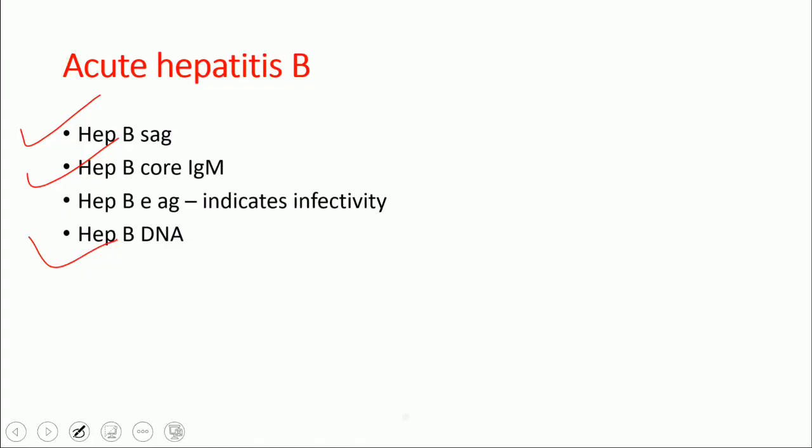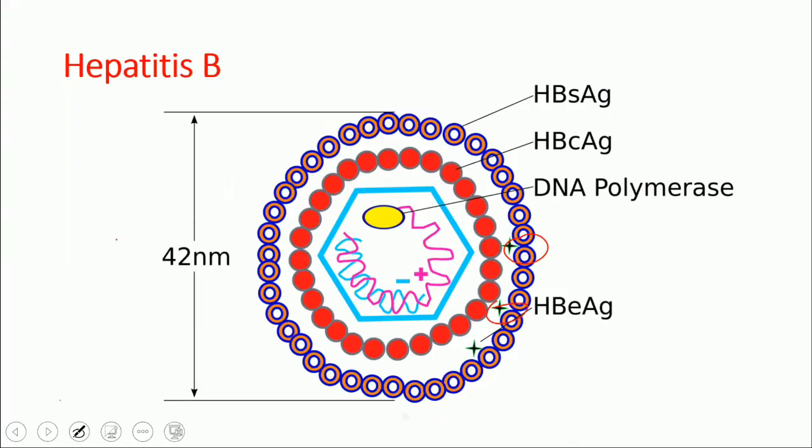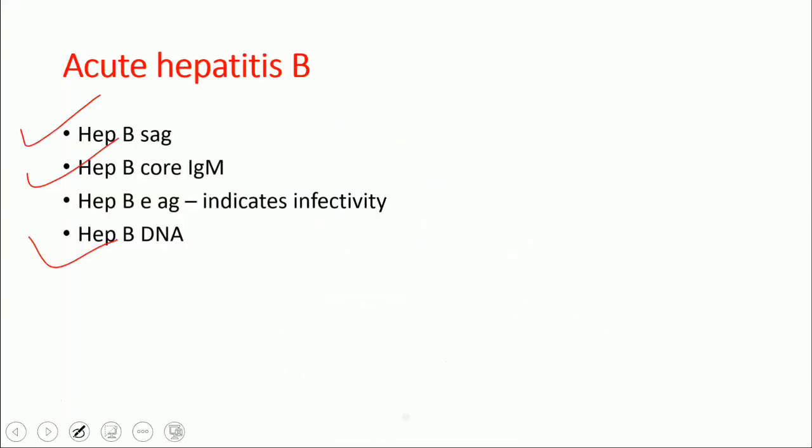Now the hepatitis E antigen, which is embedded in the surface antigen, is actually indicative of infectivity of the virus and the severity of the infection. So it doesn't have to be positive, but if it is positive, that tells you that your patient is more infective and has a likelihood of developing an acute fulminant disease course, or a more aggressive disease course, right? So